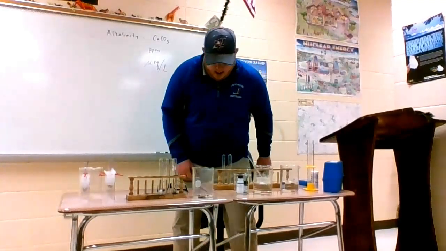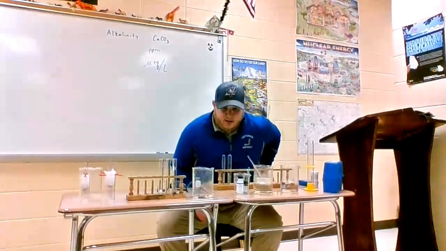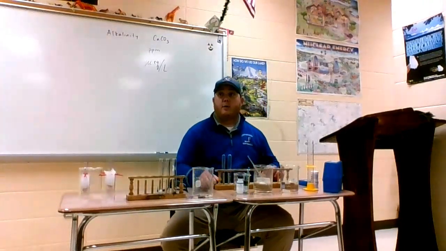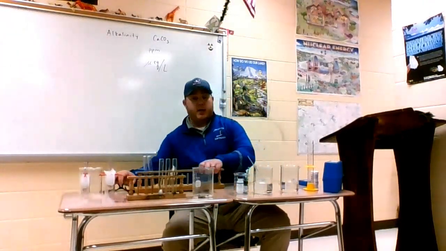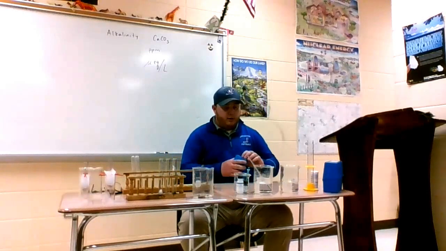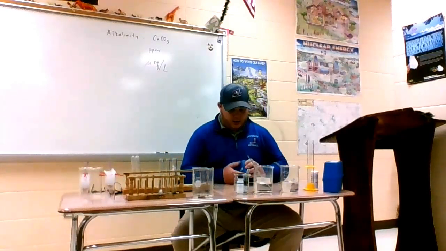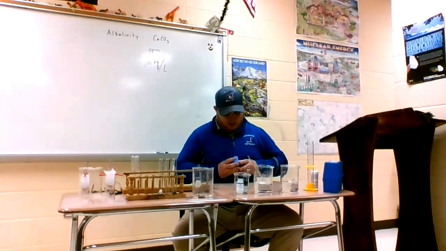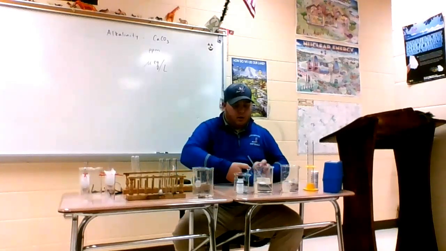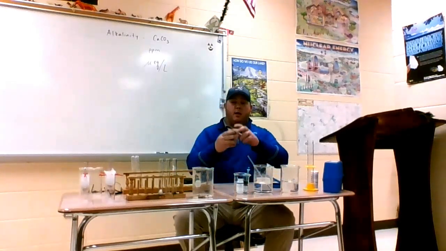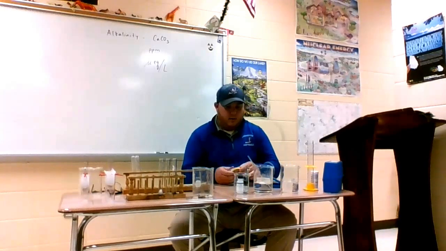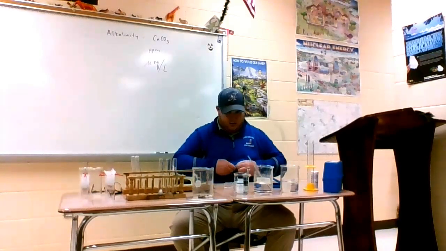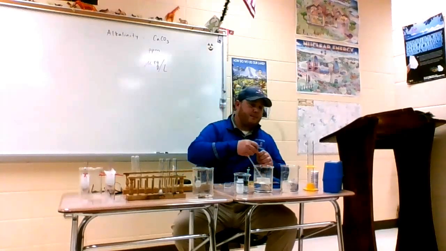I have some samples here, and we're going to look at some pHs and some alkalinities. We got to do an alkalinity titration. So the first thing is we're going to look at pHs. There's a couple of different ways to do the pH. This is an indicator strip. Why can't I get this open? Indicator strips: I can take a strip of this paper, drop it into a sample of water,